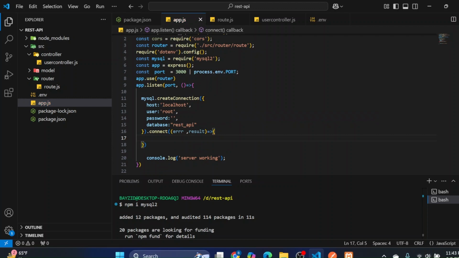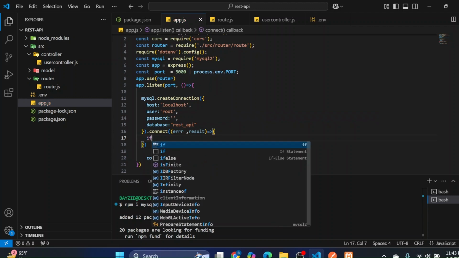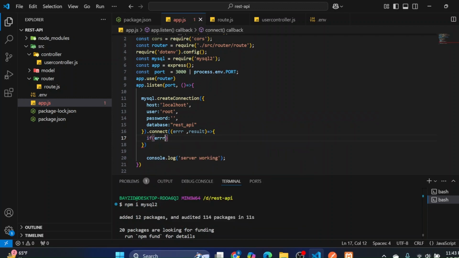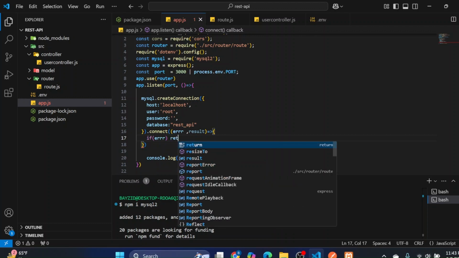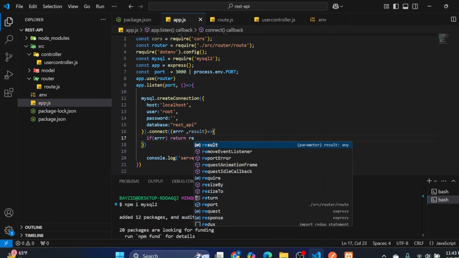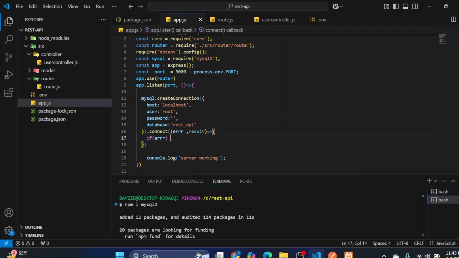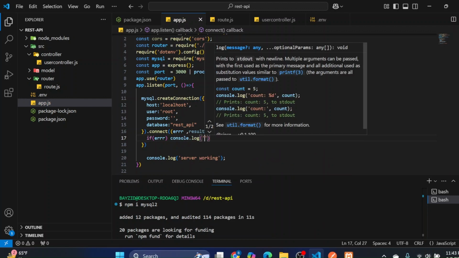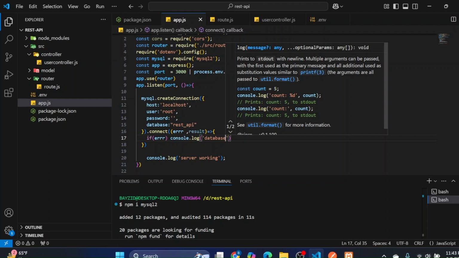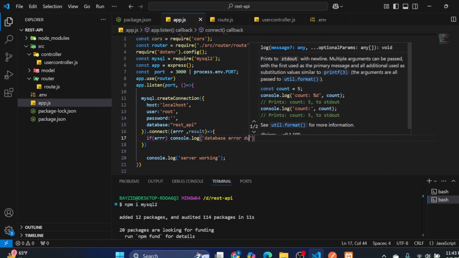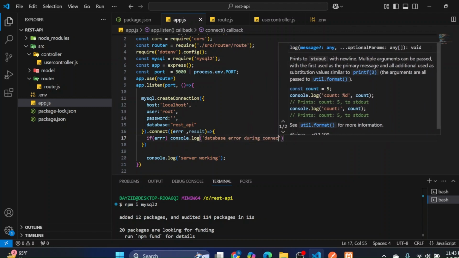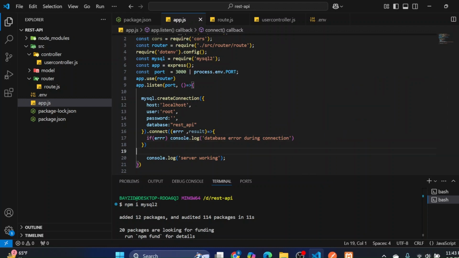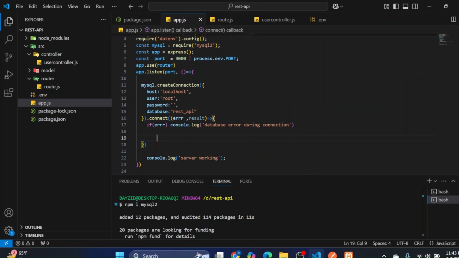If it gets any kind of error, it will send us a console.log, database error during connection. Or else, if it works properly, then